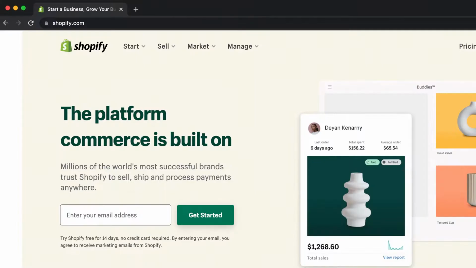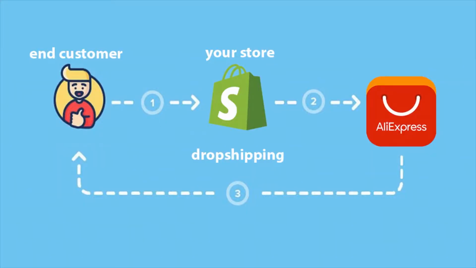AliExpress Shopify dropshipping means we will be building an e-commerce website on Shopify to sell products, and then we will fulfill the orders we get through AliExpress. For example, we find a product that's listed on AliExpress for $5. We can build a website on Shopify selling it for $20, and when someone orders it from our website, we get their $20 and purchase the product on AliExpress for $5. We put our customer's address when checking out on AliExpress, so they receive the product from AliExpress without us ever touching it. And in this process, we just made $15. Of course, you have to pay for marketing and other expenses, so you're not profiting $15, but that's the general idea. And you just keep scaling this process and making a profit on every order you get without ever necessarily having to touch the product.